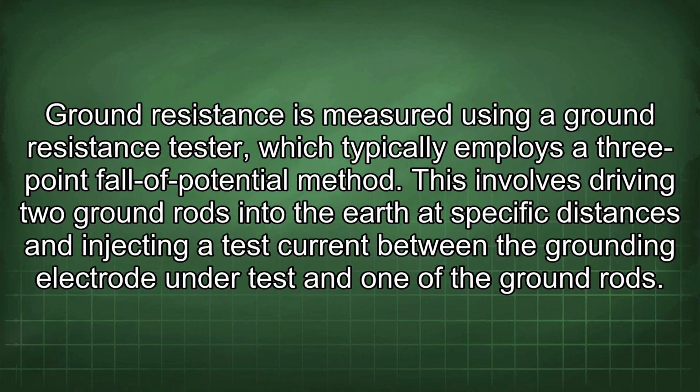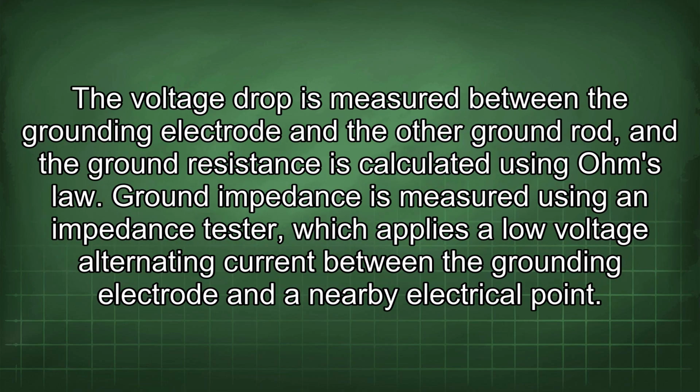Ground resistance is measured using a ground resistance tester, which typically employs a 3-point fall of potential method. This involves driving 2 ground rods into the earth at specific distances and injecting a test current between the grounding electrode under test and one of the ground rods. The voltage drop is measured between the grounding electrode and the other ground rod, and the ground resistance is calculated